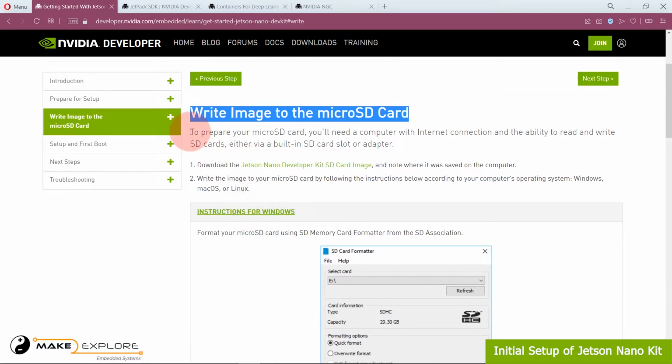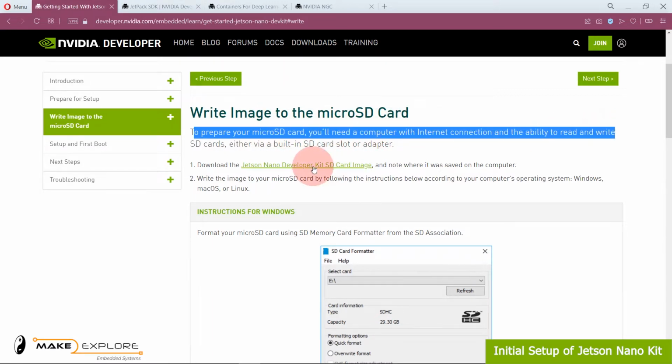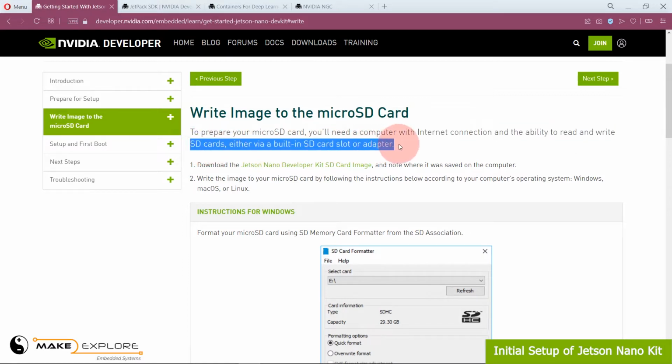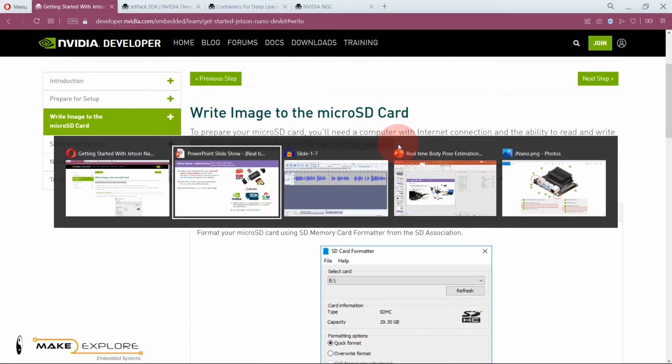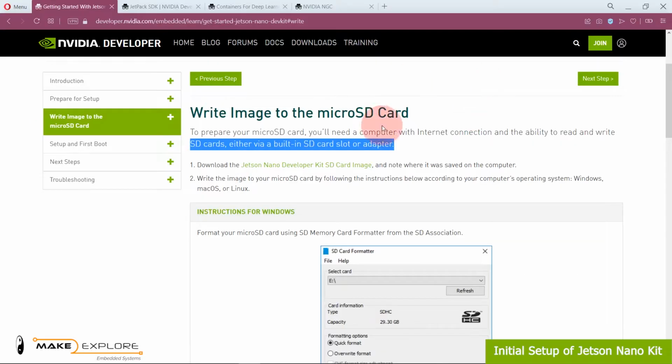To prepare your micro SD card, you'll need a computer with internet connection and the ability to read and write SD cards. There are different types of SD card adapters, like these shown here. You can connect them to your computer as per the interface available. Again, go to NVIDIA's setup guide. Here, step 1.